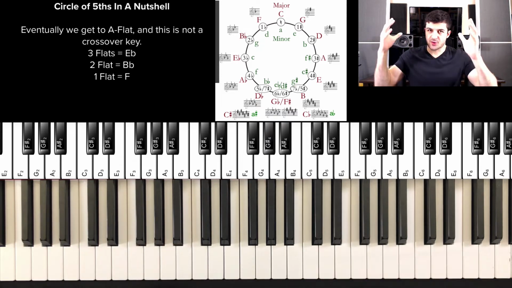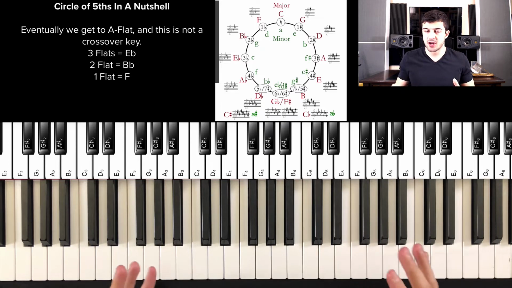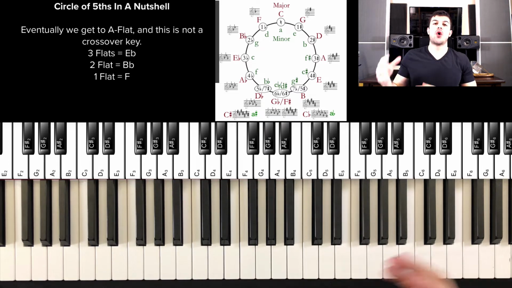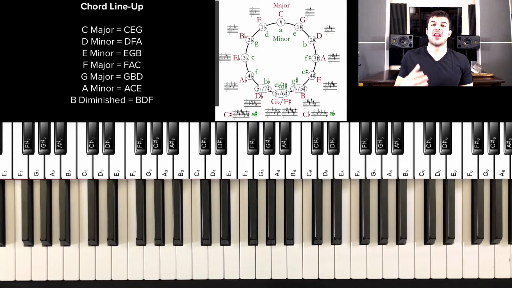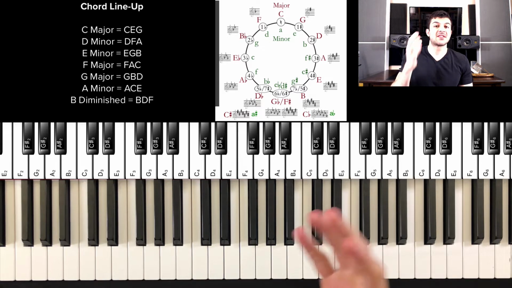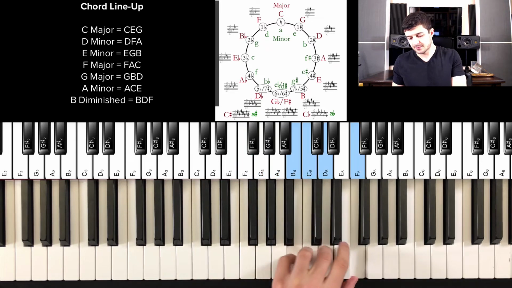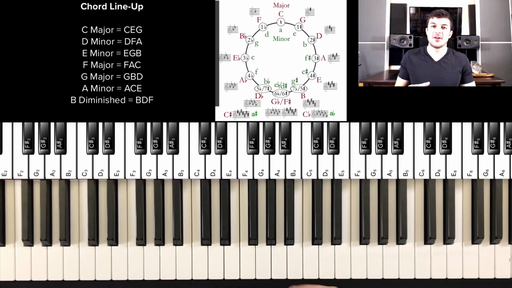But how is this going to help us as music producers, as songwriters, as composers, when we're creating music, right? So what we have to understand is that all these families have relationships with each other. So when we play through the chord lineup, and the chord lineup is something I go over in other videos, for the key of C, we break down these chords. There are opportunities for us to add a sharp or a flat,